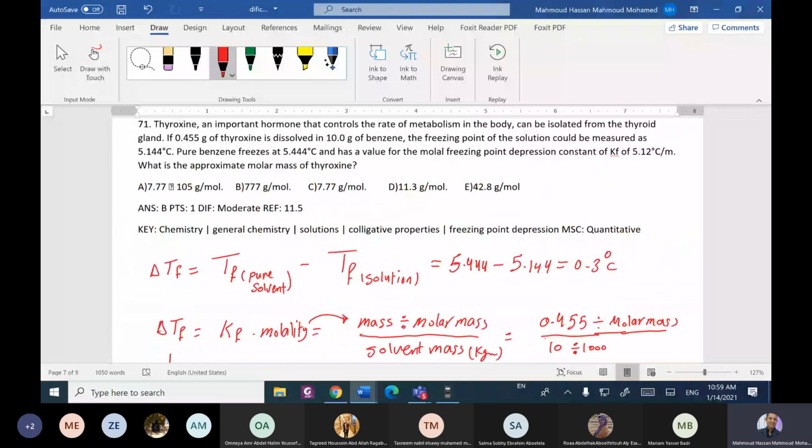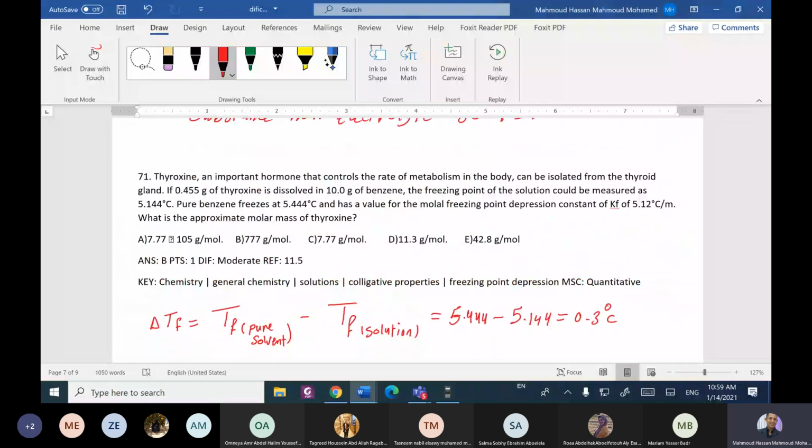Okay, this problem. Thyroxine is an important hormone that controls the rate of metabolism in the body. It can be isolated from the thyroid gland. If 0.45 gram of thyroxine is dissolved in 10 gram of benzene, the freezing point of the solution could be measured as